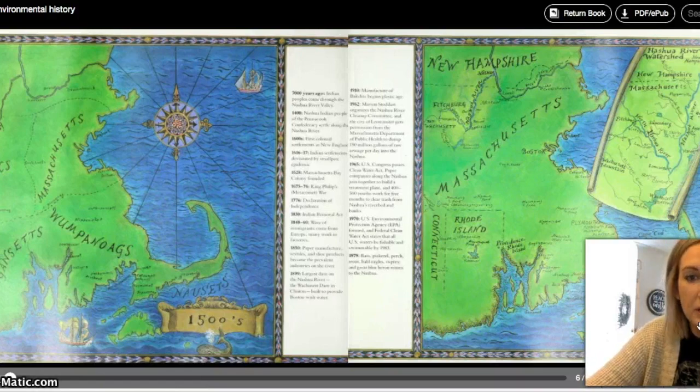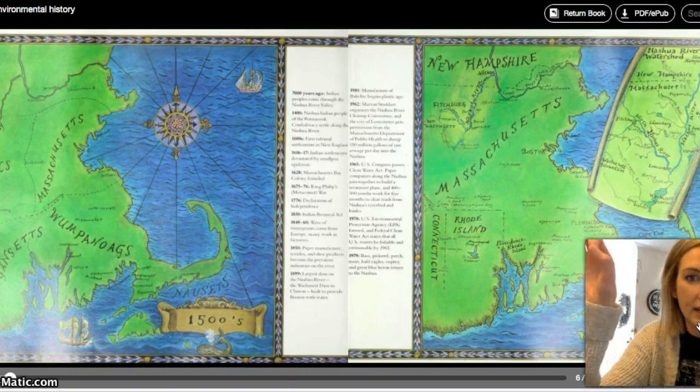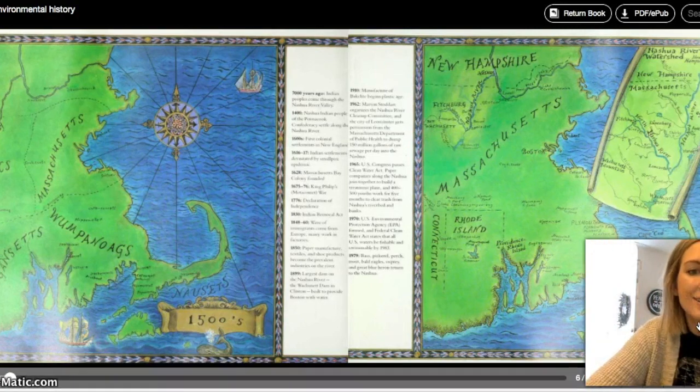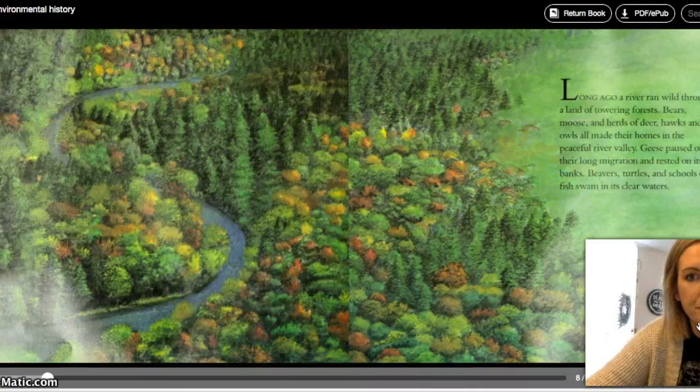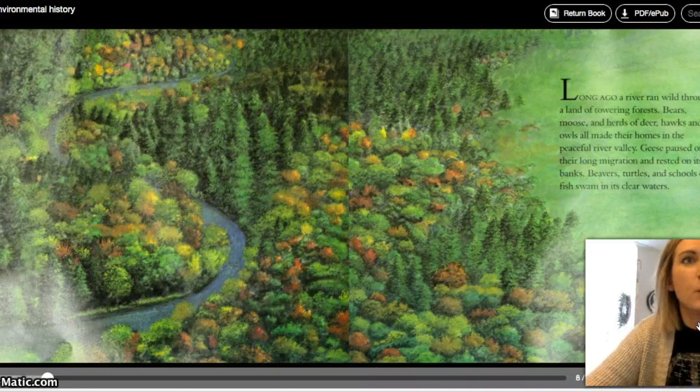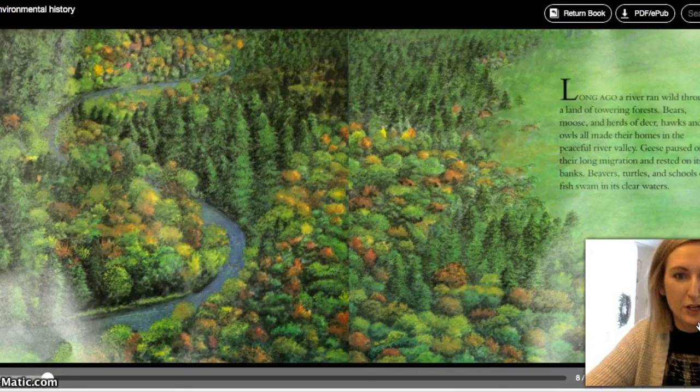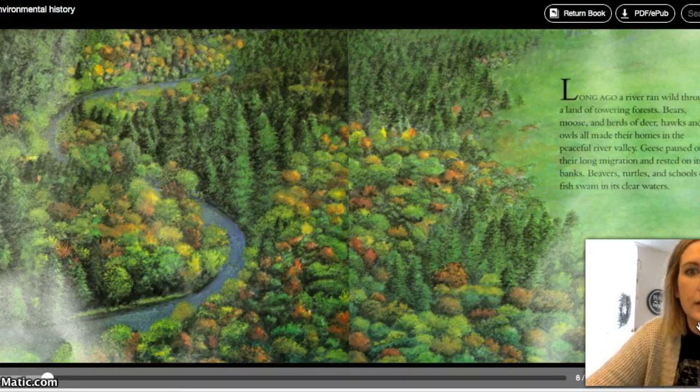Okay, so we're actually going to be looking at a tribe along the Nashaway River Valley, so not here in Missouri, but we still can think about and notice how a Native American tribe might live and find success and flourish along a river valley, okay? As I read this first page, I want you to notice the picture and think about the characteristics of a river valley and why this river valley specifically might be a great place for people to live.